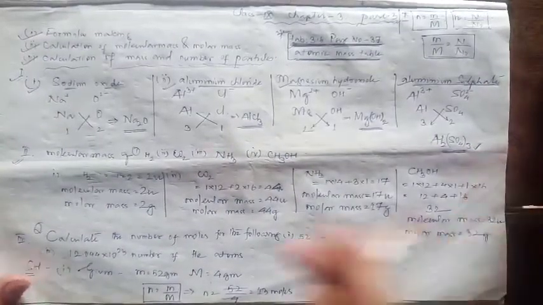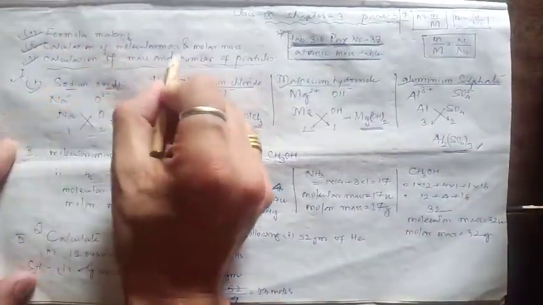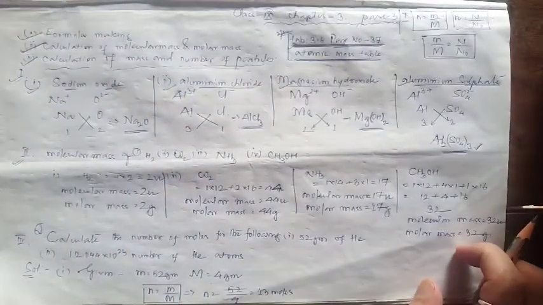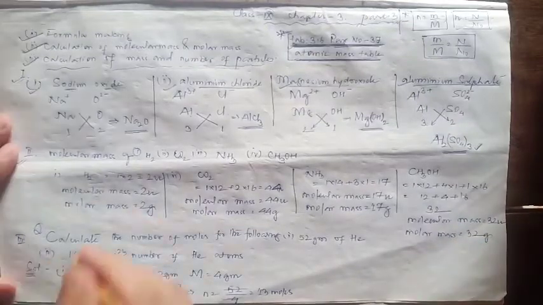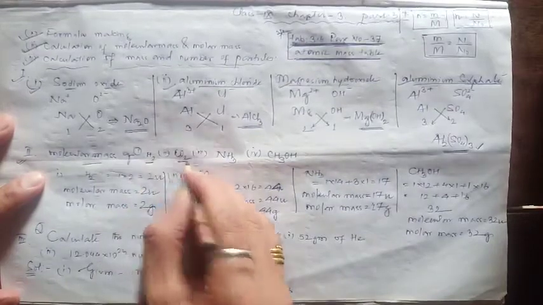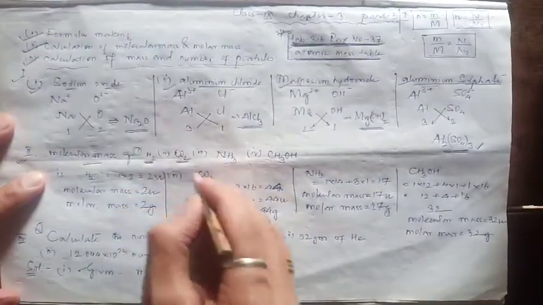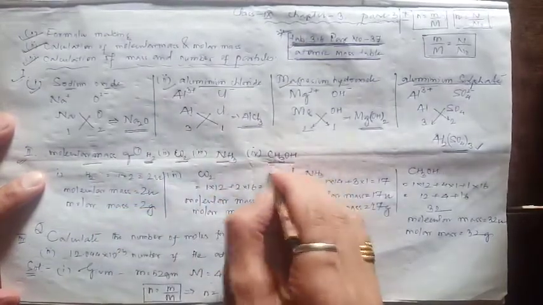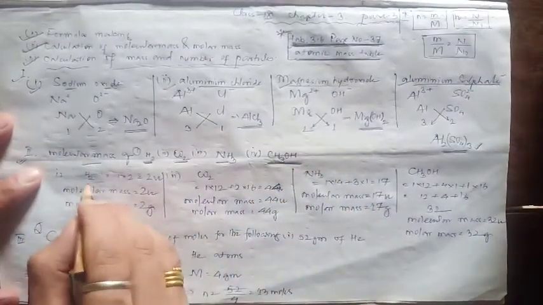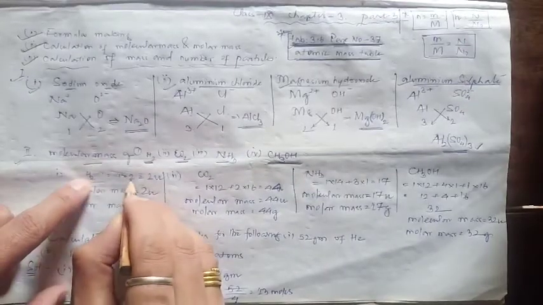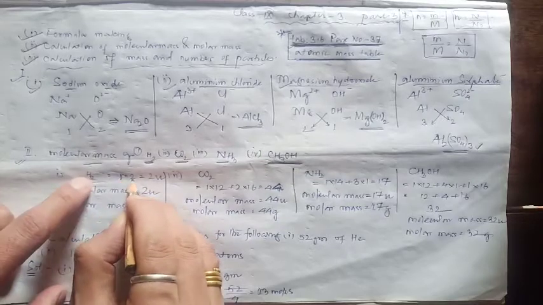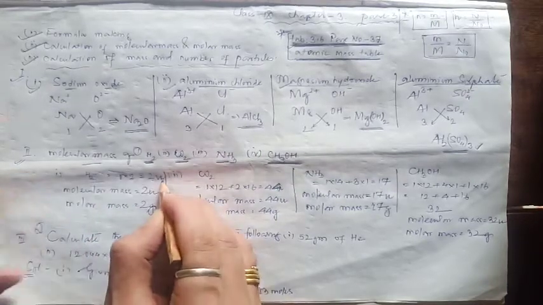Now student, let's move on to another topic, the calculation of molecular mass and molar mass. Student, from the previous lecture, you know what molecular mass and molar mass are. So what's the difference between the two? Now let's calculate the molecular mass and molar mass of some molecules and compounds. Suppose we have a hydrogen molecule here, carbon dioxide molecule, ammonia molecule, and this is methanol. So let's calculate. Suppose H2. Now student, we have 2 hydrogen, so we'll write 2 here, and this 1 is the atomic mass of hydrogen. So 1 times 2 gives you 2 u.